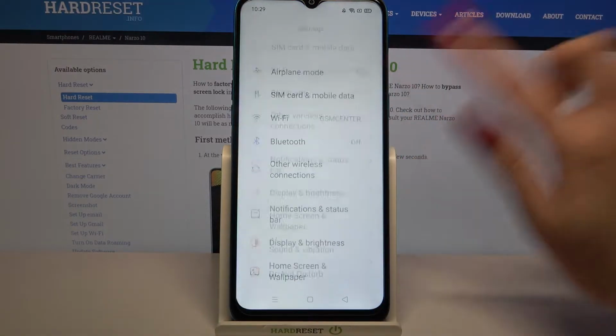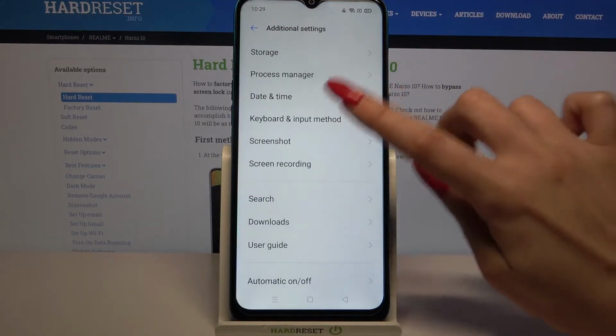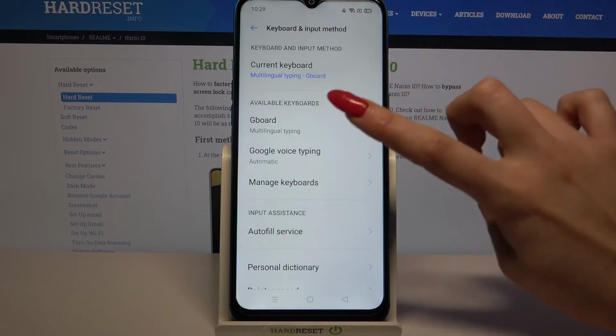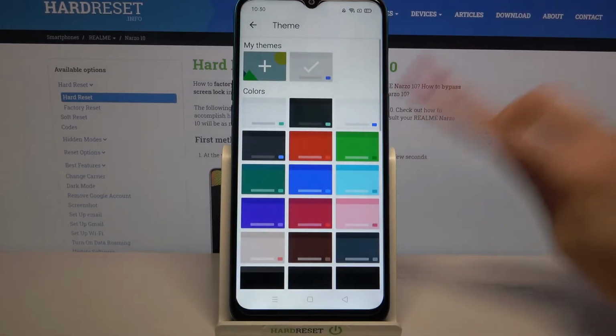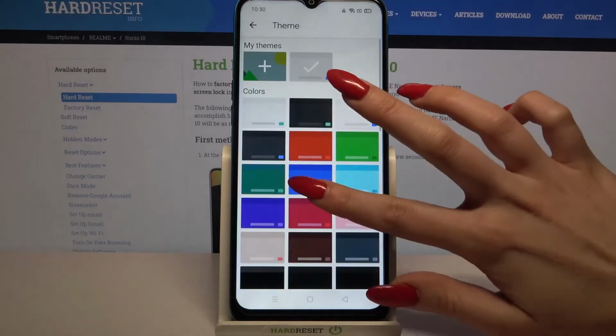Now you need to scroll down, go into additional settings and tap on keyboard and input method. Then pick your current keyboard, in my case Gboard, and go into theme. Over here click on show mode to see all available options, and when you're done, you can pick a color